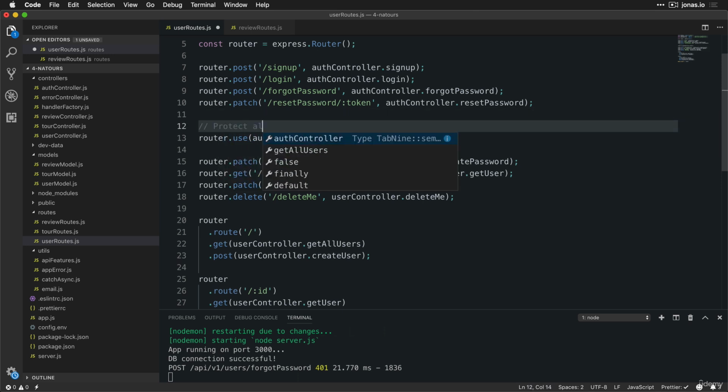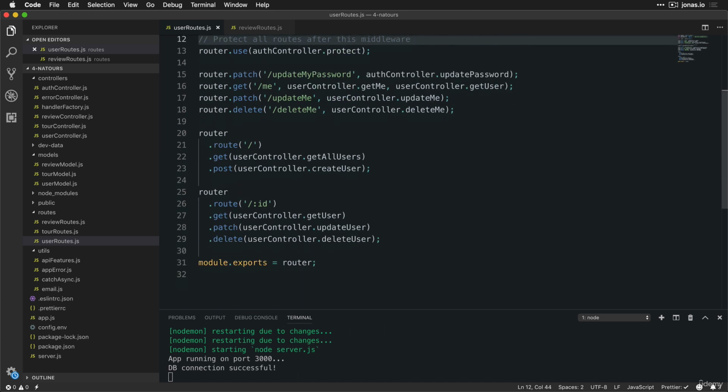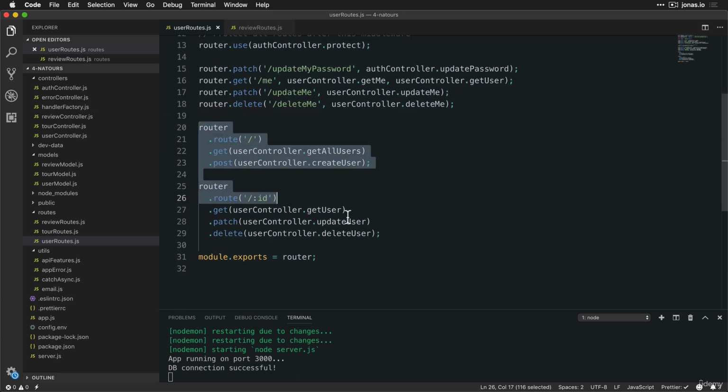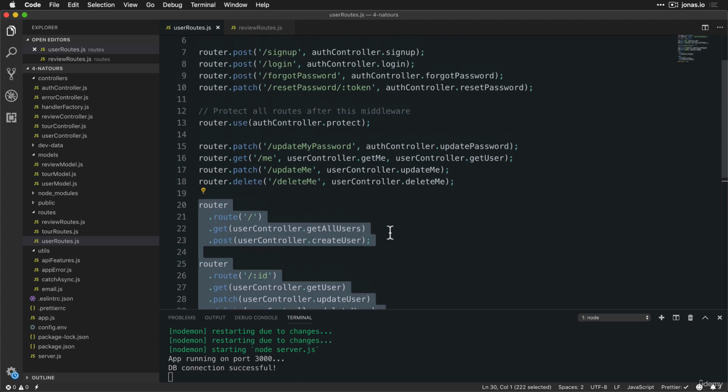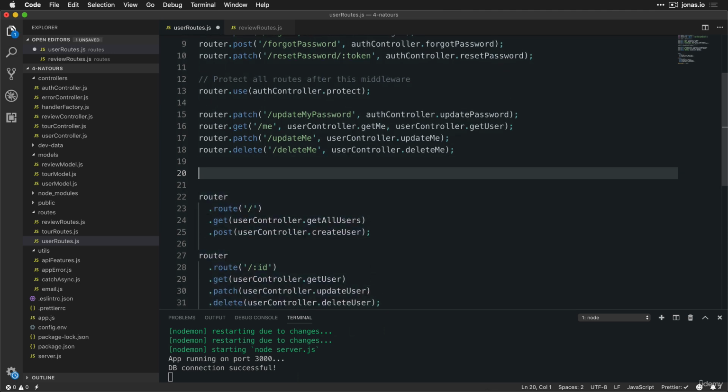So protect all routes after this middleware. Okay, now also remember how we said that all of these actions here should only be executed by administrators. And so now we can actually use the exact same technique that we used up here to protect all of these routes. So